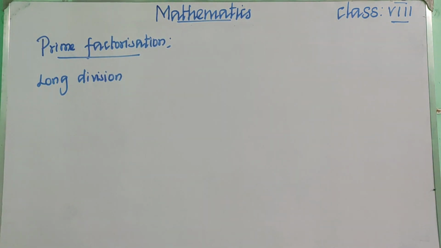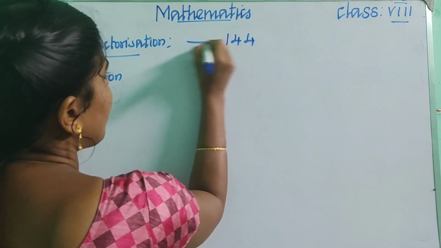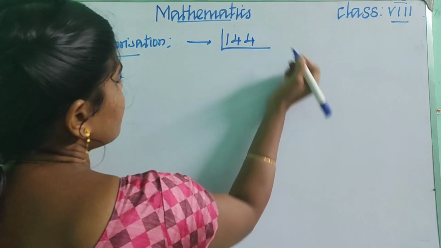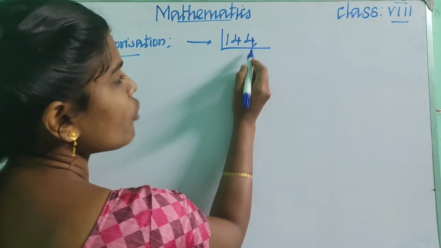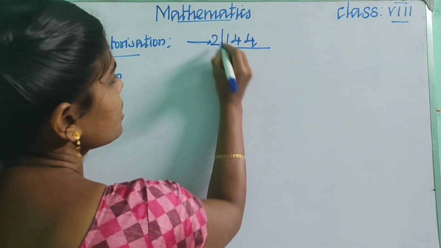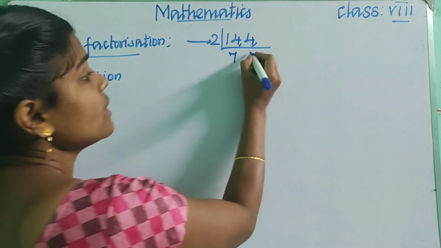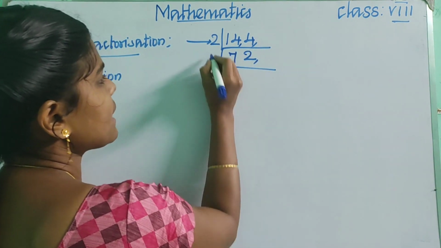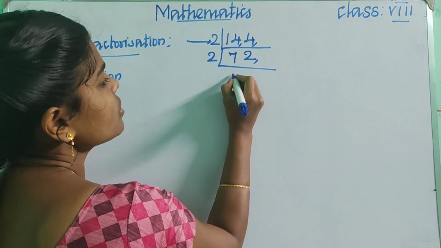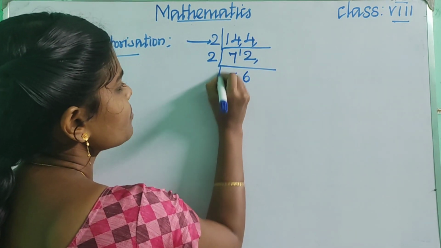Prime factorization method means how will you do this prime factorization? Simply, if you have a number 144, how will you do prime factorization? Just check the units place. Here we have a multiple of 2, so we can put 2. Now take this 14. 7 2s are 14, and 2 2s are 4. Again we have 2 in the units place, so we can put 2. 3 2s are 6, remaining 1. So 6 2s are 12.